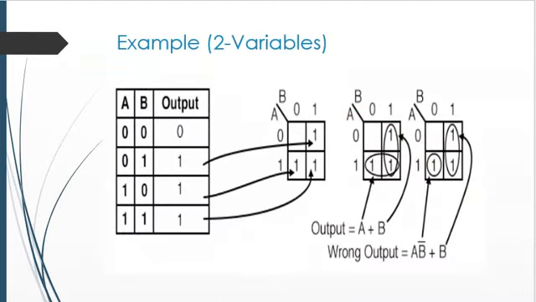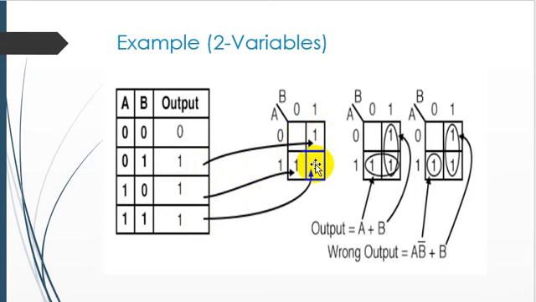Let's have another example of two variables. If we get 3 ones at the output for 3 different combinations, then how can we represent it? It's represented as M0, M1, M2 and M3. It means from M1 to M3 we have ones. So here is M0, M1 is 1, place 1 here, and M2 placed 1, and M3 placed 1. So how do we combine these ones with each other in the form of a pair?